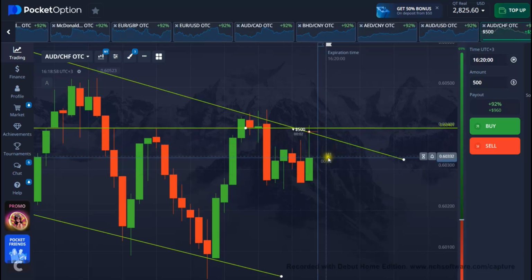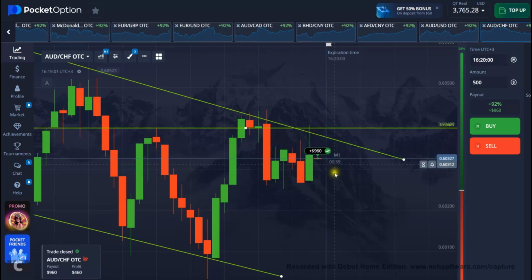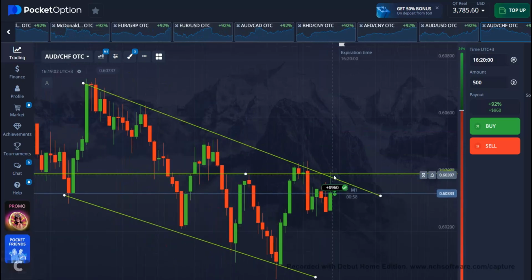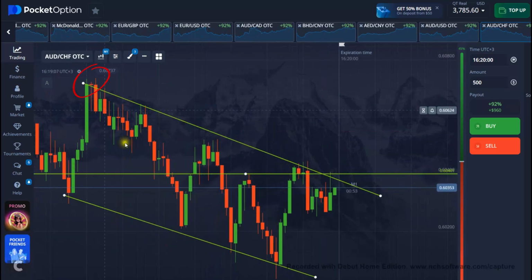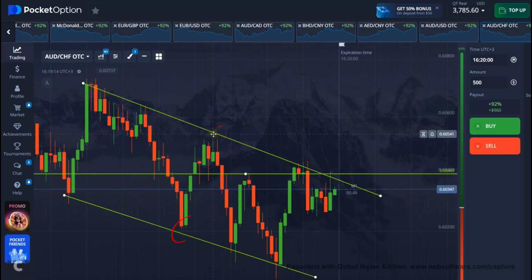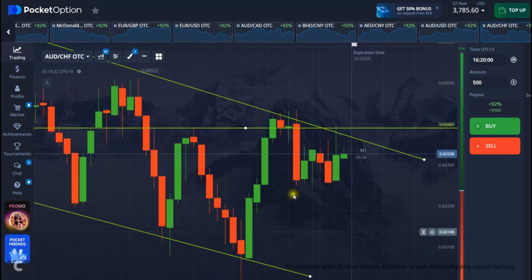So that was a winning trade. The reason why I took this trade was very simple. The market is moving in a price channel. As you can see, we are touching this upper part of the channel. We drop down, touch the lower part, go back up, down, up. So we are moving in a clear channel, and right here we created this